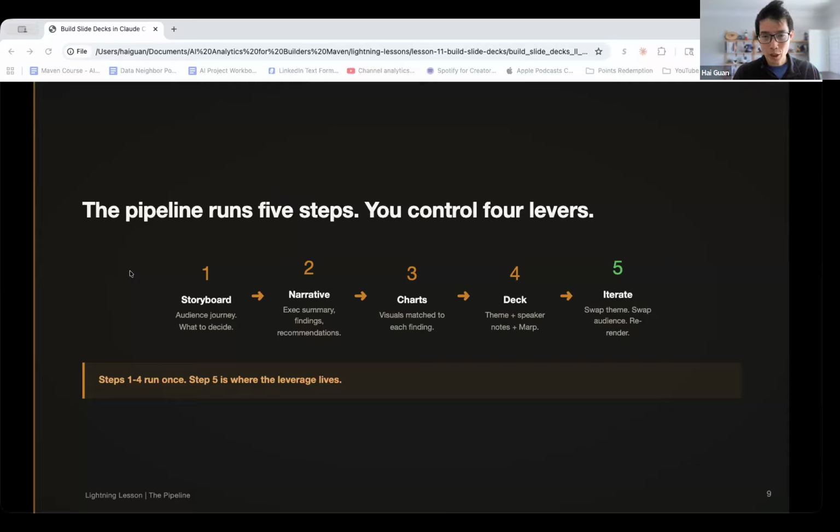Does this make sense, generally speaking, in terms of the flow? Hopefully this is similar to how you would think about doing it yourself if you were to build it manually, right? Yeah, I think one of the other things to think about is that